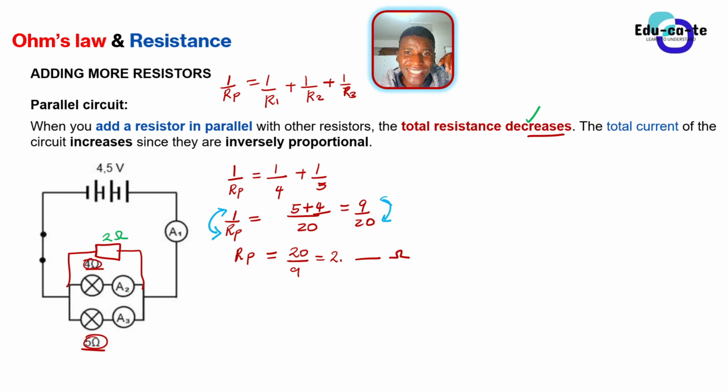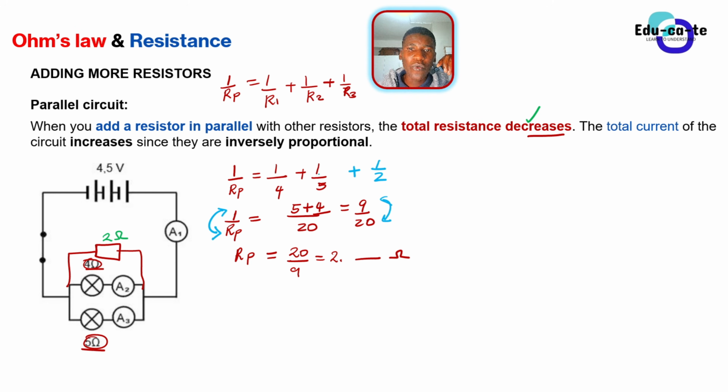But now I'm adding another resistor. If I now add another resistor which is 2 ohms, I would have to say that here this is 1 over RP, 1 over 4 plus 1 over 5, and I would have to say plus 1 over 2 again, because now I've got more resistors. And if I add this, trust me, it's going to be smaller. It won't be greater, because these are fractions. This is just how maths works, okay?